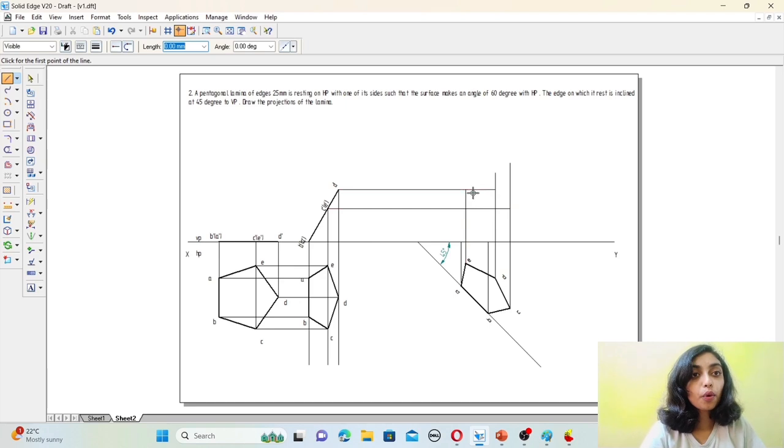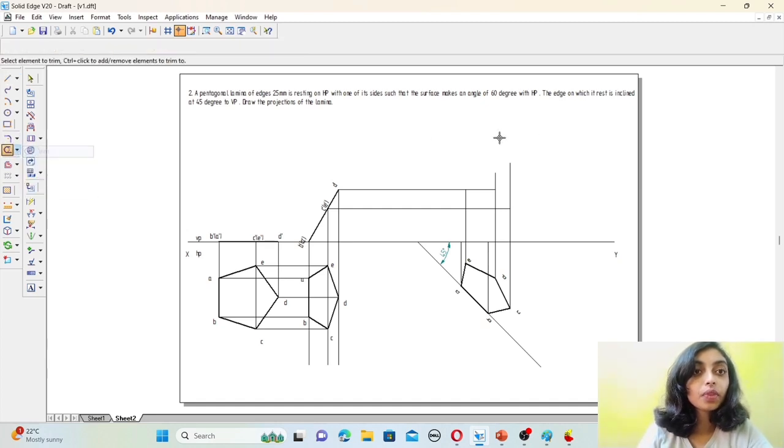Now go to the trim option. Trim these two lines.